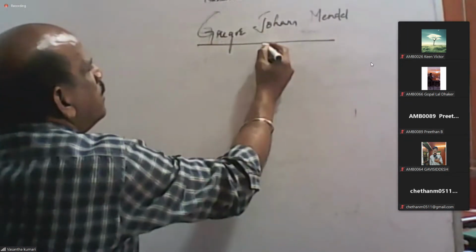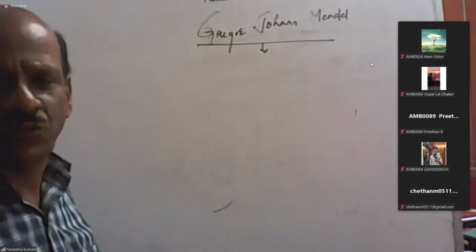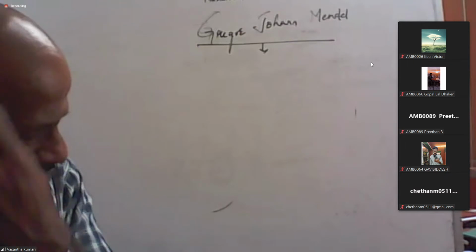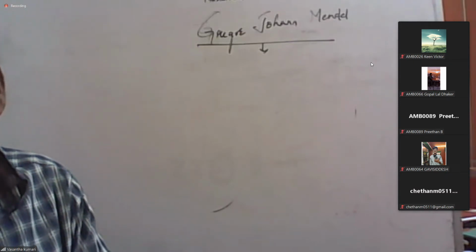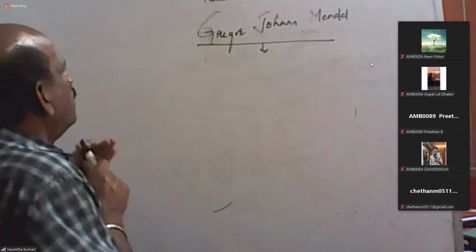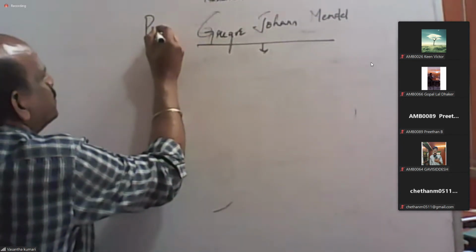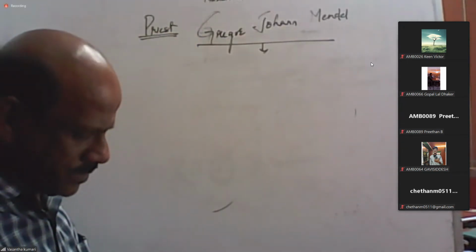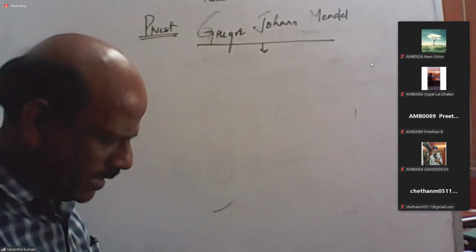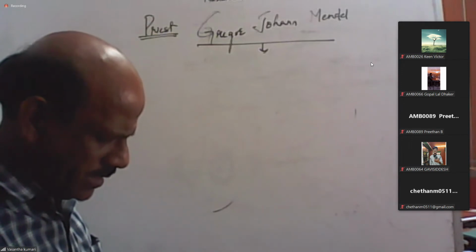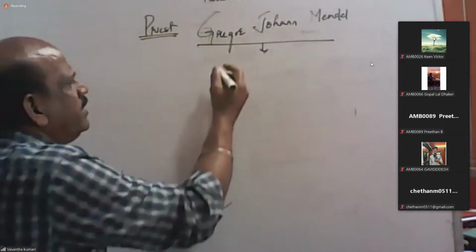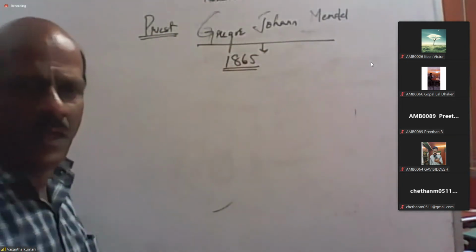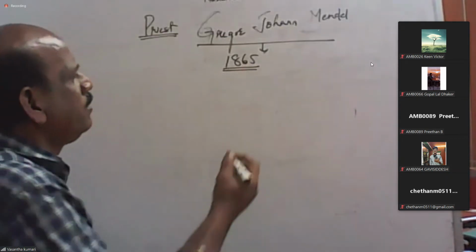Let me tell you, he was not a student of biology. His specialization is not genetics. He was primarily a priest in a church, and he did not know biology to a very great extent. And he proposed his laws somewhere in the year 1865. In 1865, nothing was known about